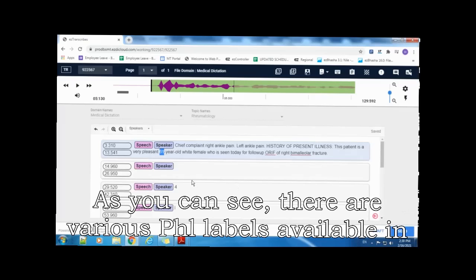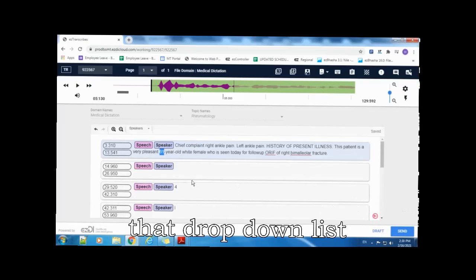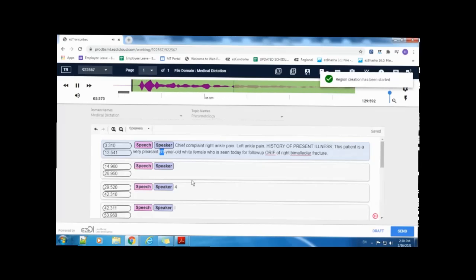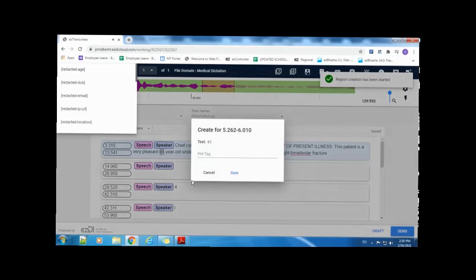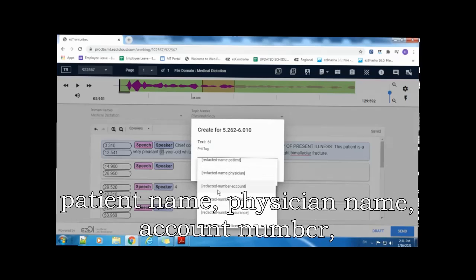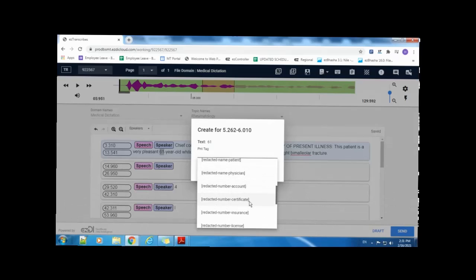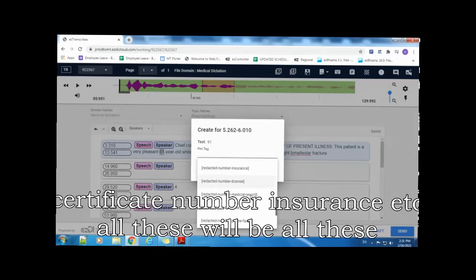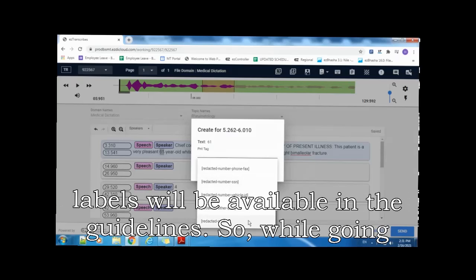As you can see, there are various PHI labels available in the drop down list. Like age, date of birth, email, URL, location, medical center, patient name, physician name, account number, certificate number, insurance, etc. All these labels will be available in the guidelines.